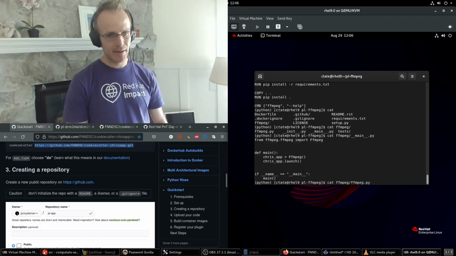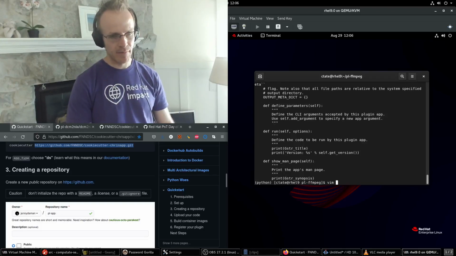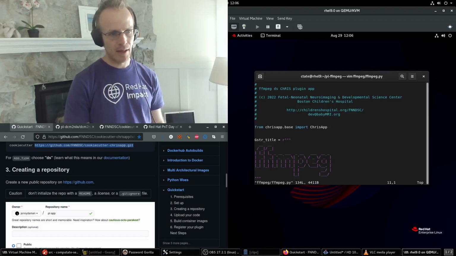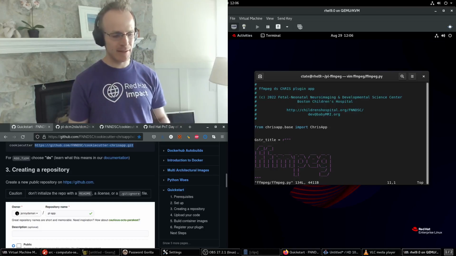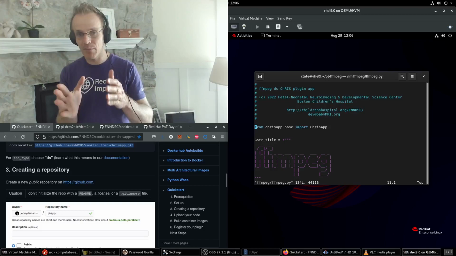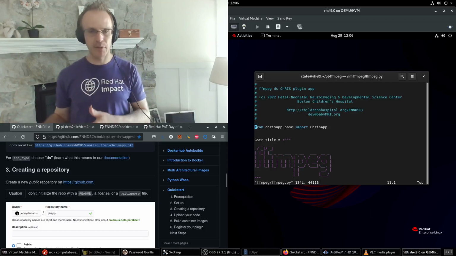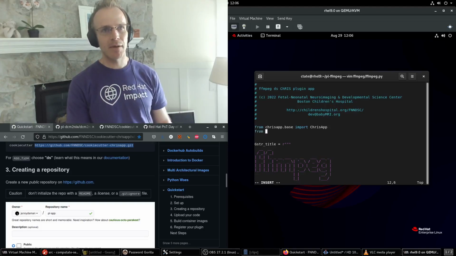In the ffmpeg.py, I'm going to edit this one. We import some things. I'm going to add an import to copy files from one directory to another, because that's what these plugins are all about. It always takes an input directory and does some processing on the files to produce files in an output directory. So let's do a quick example. If I say from distutils.dir_util import copy_tree,